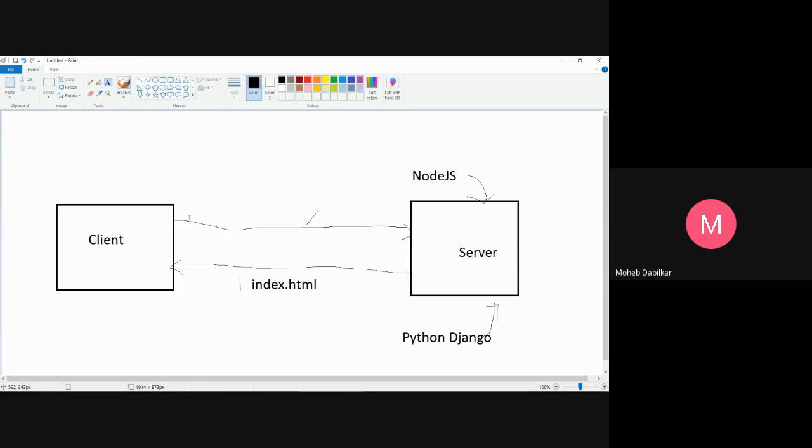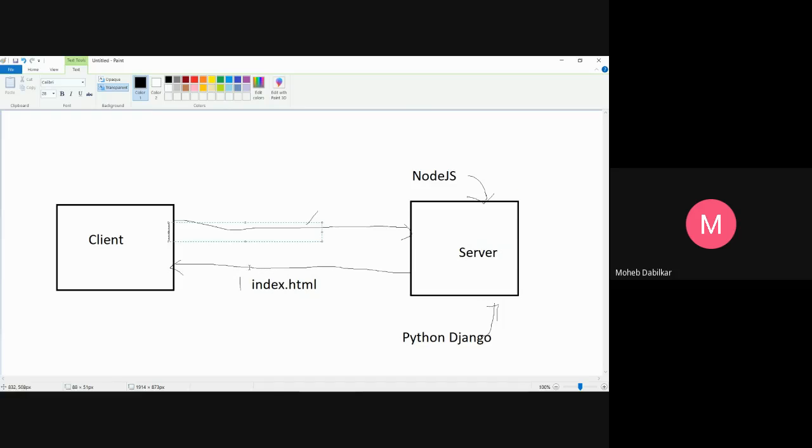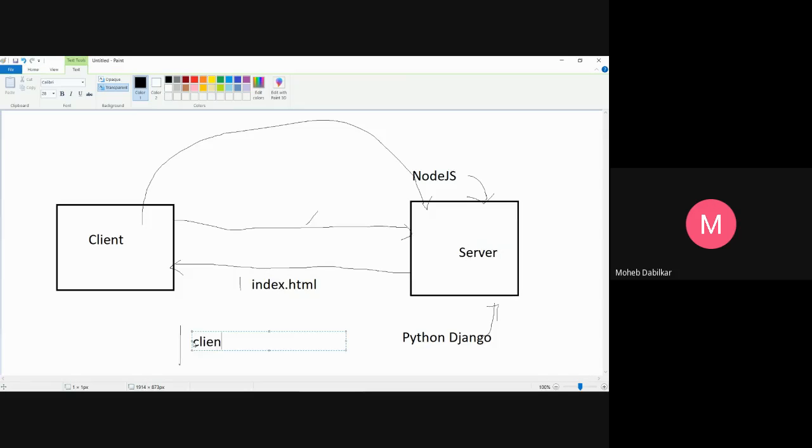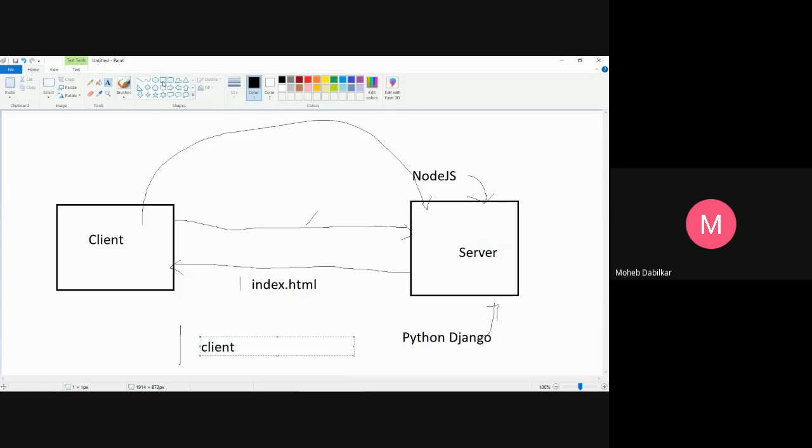Now, apart from this, the server also handles many things. Like if you do a video calling, it needs to send data continuously. Like a frame is being made on the client side, then this frame has to go to the server. Then there will be another client over here. So this is our second client.